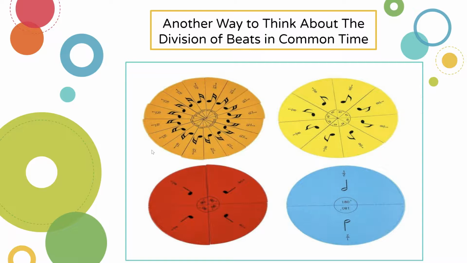So 2 half notes make up 1 whole note, which is the space filled in a 4/4 bar. 2 quarter notes equal 1 half note, 2 eighth notes equal 1 quarter note, and 2 16th notes equal 1 eighth note. So you can mix and match there and put in different rhythms to make a full circle, and that's what rhythms in music are, just mix matching those